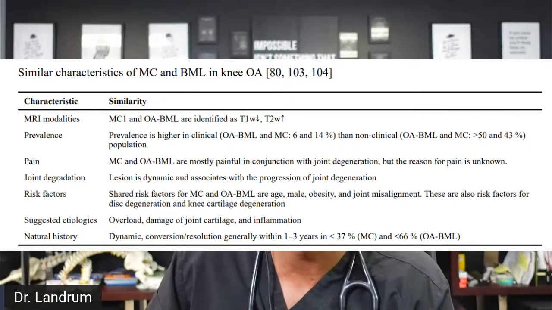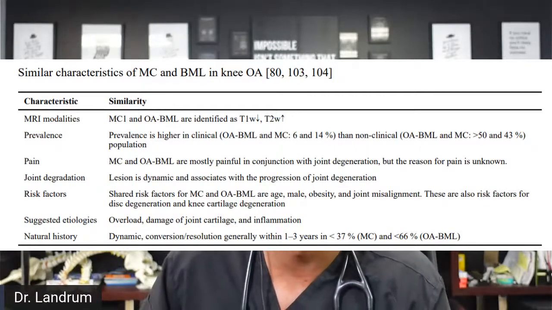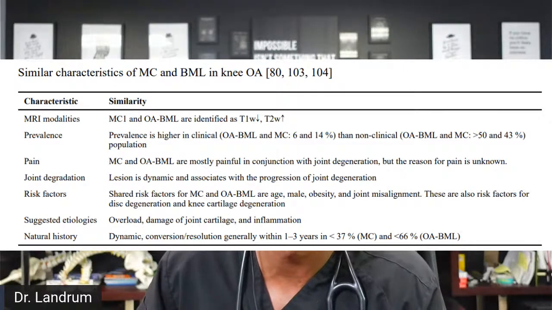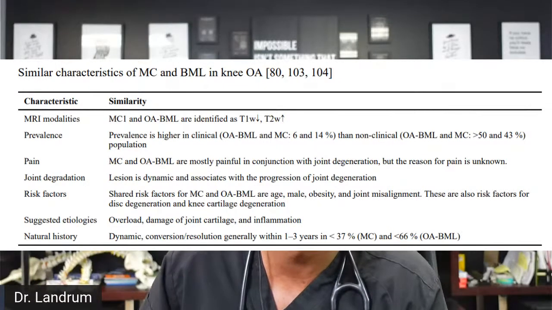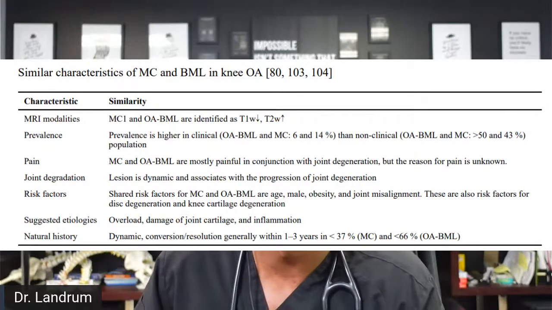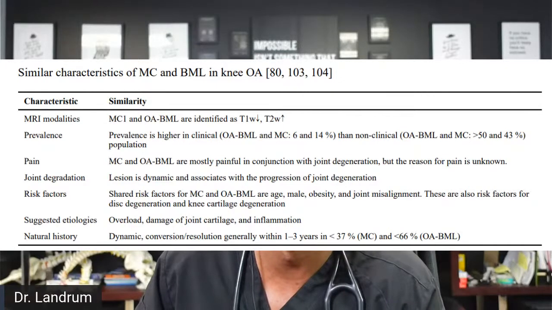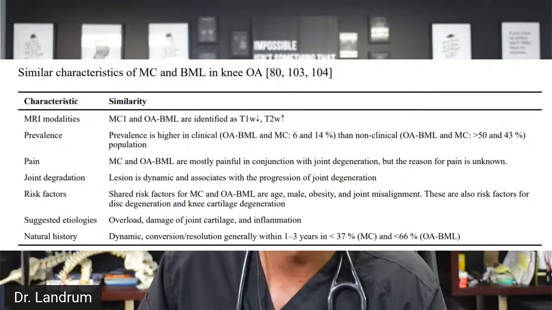We're still figuring some of this out, but that joint degradation and those lesions can actually be preemptive of causing some of these problems. The risk factors, as I mentioned before, are age, gender, specifically male gender, obesity, joint malalignment, smoking, and some of those things can result in problems that cause a lot of different